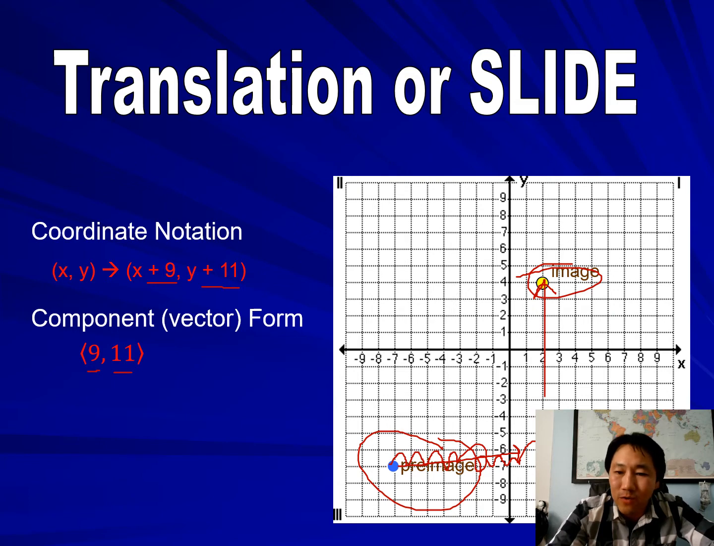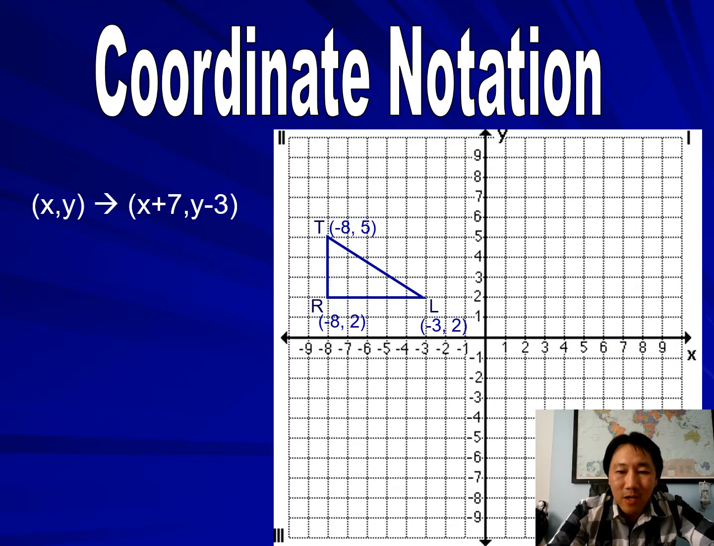All right, let's do a few examples. Here we have a triangle TRL. I want you to move it 7 units in the positive x direction and 3 units down in the y direction. That's a pretty easy thing to do. You can do it by counting each point individually. If we take T, we go 1, 2, 3, 4, 5, 6, 7, and then 3 units down, 1, 2, 3, and our new T is there. Our T prime is there